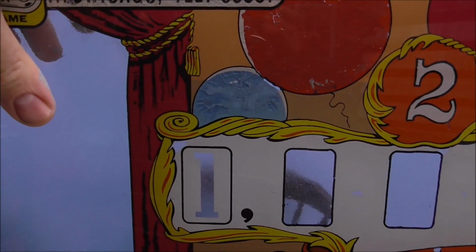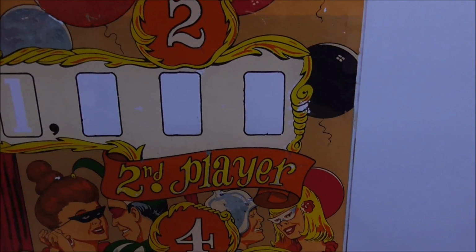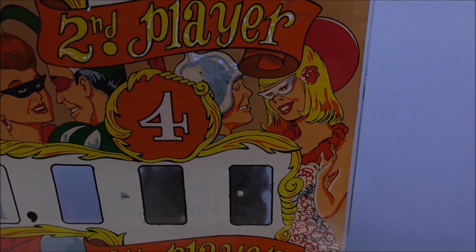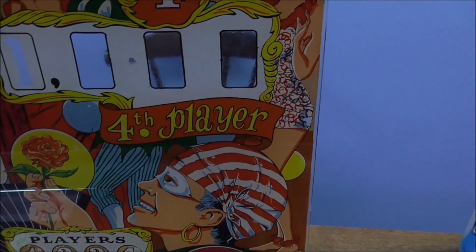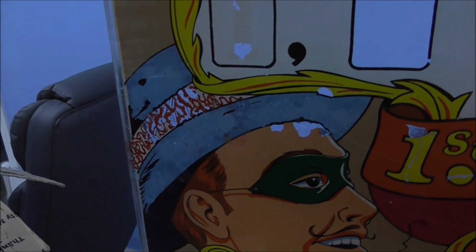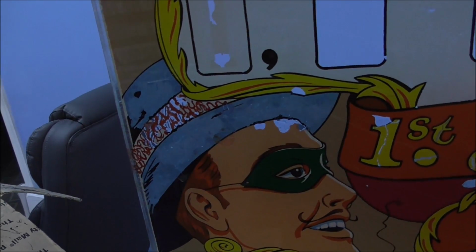So there's the balloon. It's a little spotty. All of those places are where it's like flaking away a little bit. You know, it's the guy's helmet. We still have to put the black behind it, which will darken some of this up too. And the guy's hat. Little spotty, but parts of that are just...